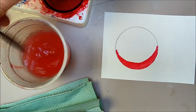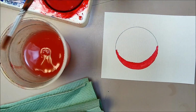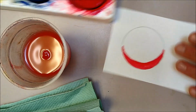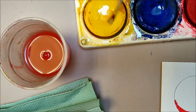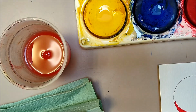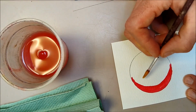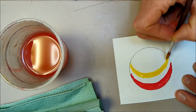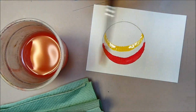Now the next stage is to add a yellow arch, and I'm going to leave a little gap between them. So I'm going to go inside my paint, and I'm going to add a yellow arch with a little space in between. Okay, and then I'm going to wash my brush,